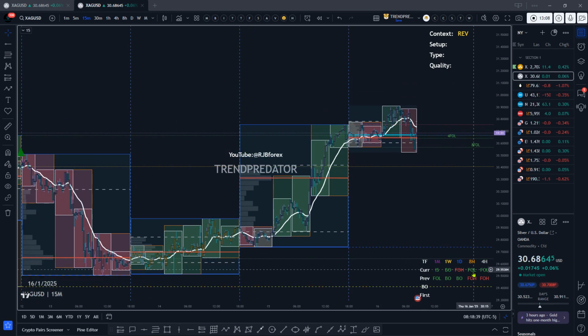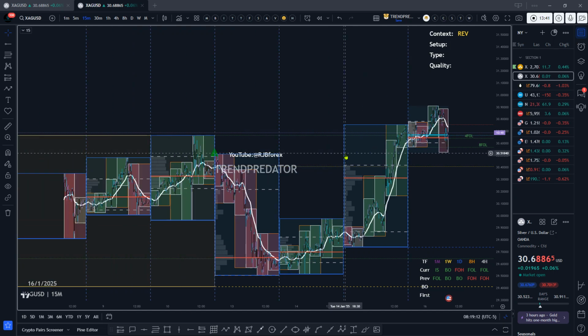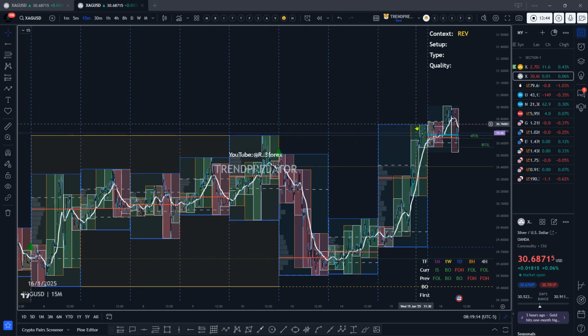Right. Silver. Start again. Silver is a fake out high on the daily chart. That's bearish. So what the indicator is telling us is that it's reversing the bullish trend because it's broken yesterday's high. So this is preparing us for a potential reversal trade on the day. But it's not going to give us a setup until we have an alignment of the daily and weekly chart. The weekly level, therefore,